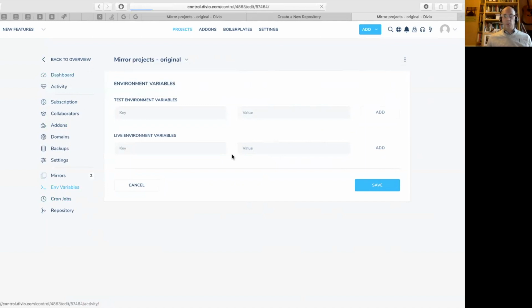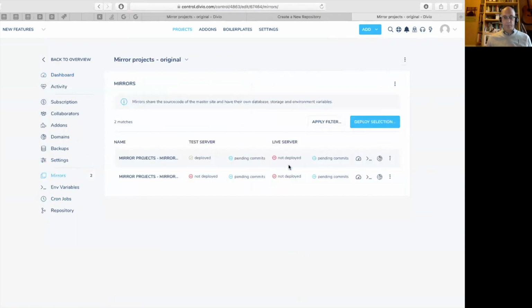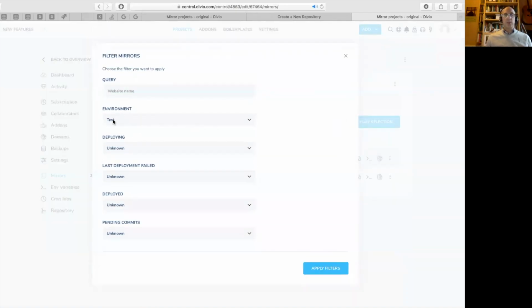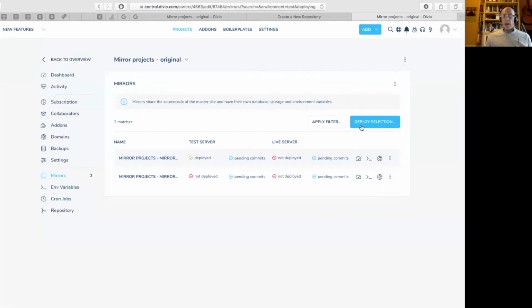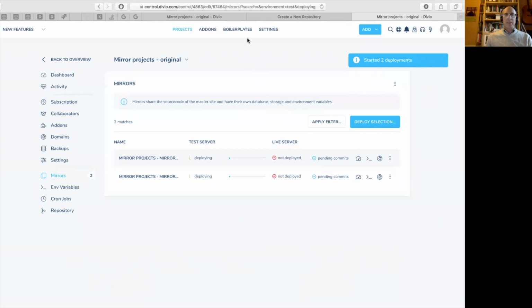So let's go back to the dashboard here, and that's finished now. So let's see what the mirrors have to say. We can see that now we've got pending commits on the test server as well as on the live server. And with these two mirrors here, if I want to roll out those changes to the live servers or the test servers of all the mirrors at once, I can do that. So let's choose, yep, we've got the test environment chosen. I'll hit deploy selection, and it's going to deploy both of those at once,